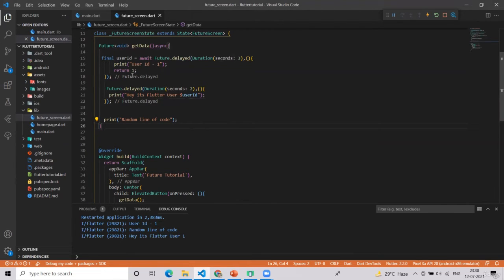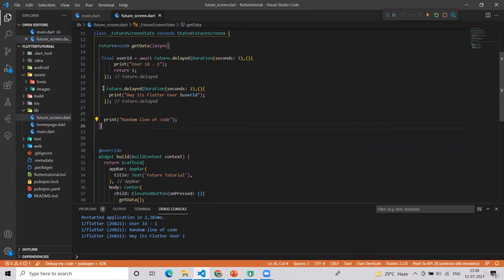So this concept is very, very important, because when we are building with Firebase and other databases, the future will be used all the time. So that is why you have to understand this await keyword clearly.